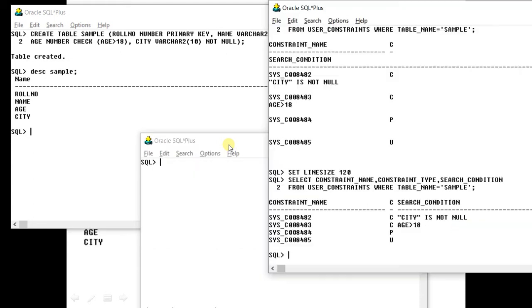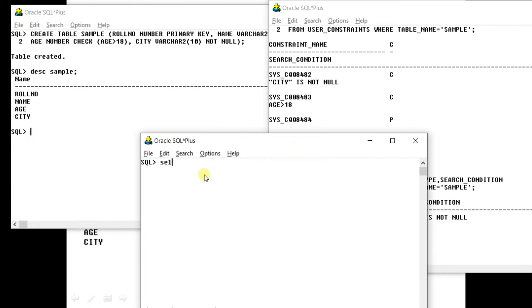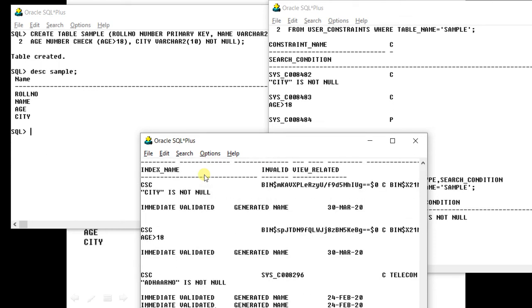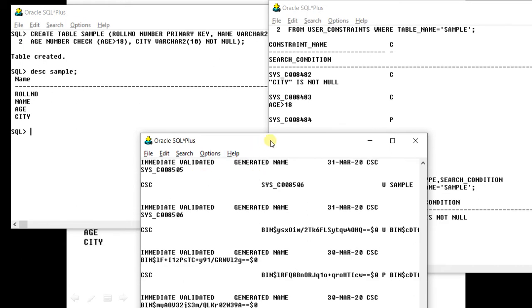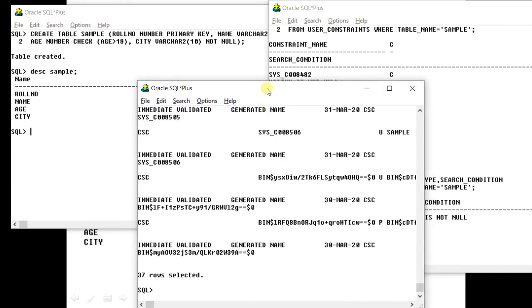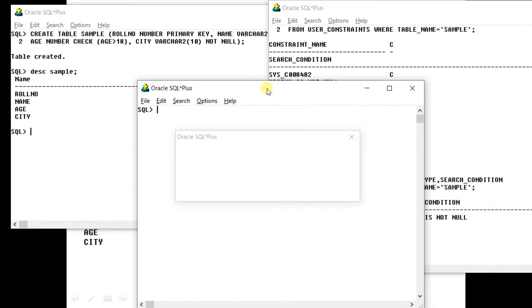Yesterday we saw that first of all you change the line size, then if you try to type select star from user_constraints, the output will be very complex. So instead of seeing this complete table, you should see only a few of its columns. So you type describe user_constraints.